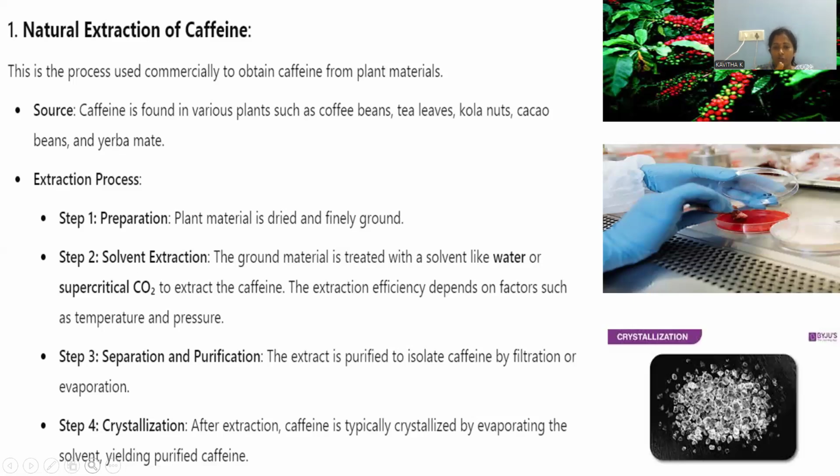For example, we have two materials inside that petri dish. Caffeine is soluble in water. The second compound is insoluble in water. If you pour water, what happens? Caffeine will dissolve and the other material will remain in solid form. Simply, you can filter so that crystals of caffeine will be segregated in that manner. This is the way extraction and crystallization are carried out. It's very simple. We can observe that within 4 steps, it is possible to go from crude caffeine to pure caffeine. This is the way we can go for the natural extraction process.